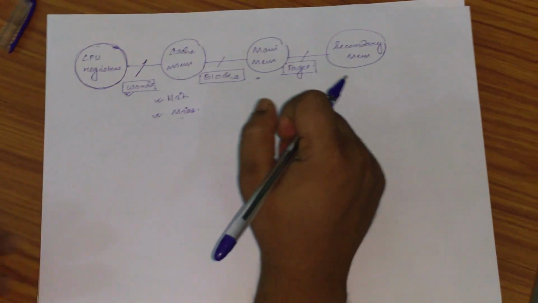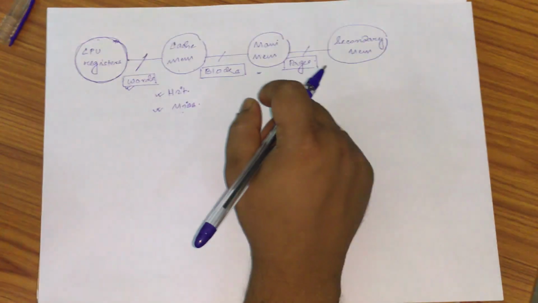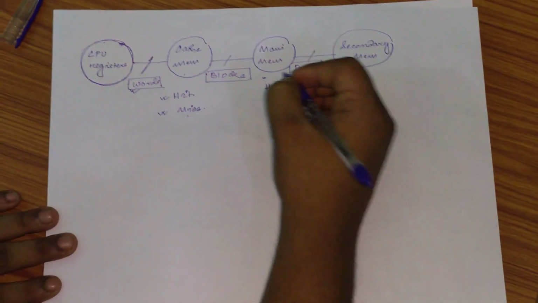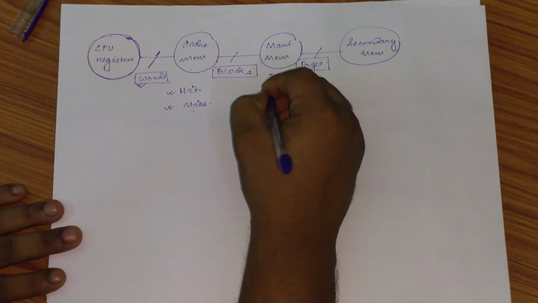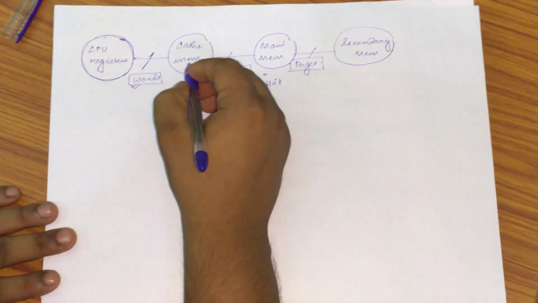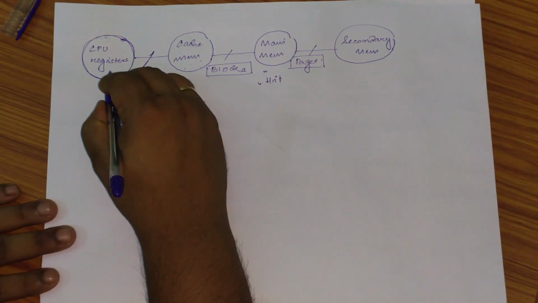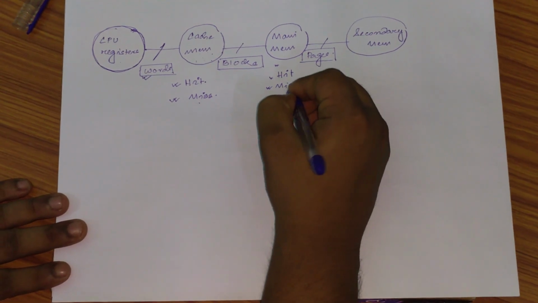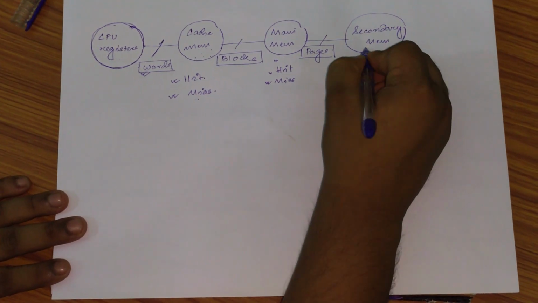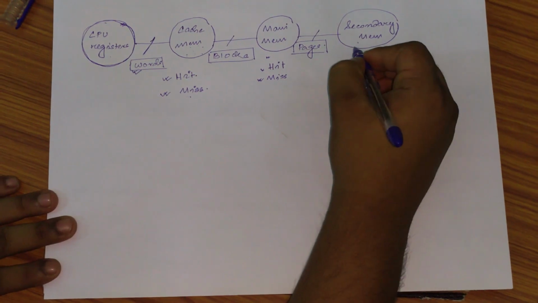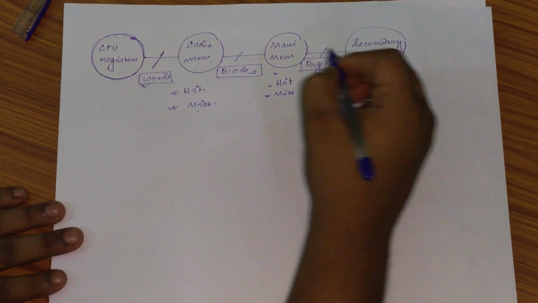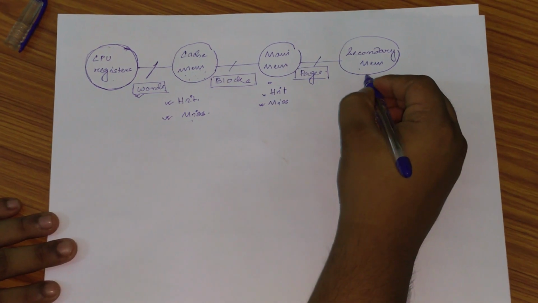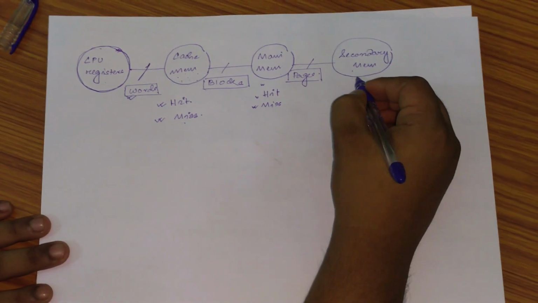Now, the same thing in the main memory. When the operation is a hit in the main memory, the data is first transferred to the cache memory, and from the cache memory we transfer it to the CPU register. Even if it is a miss in the main memory, we finally go to the secondary memory. And as secondary memory is the final memory, if anything is not present in either cache memory or main memory, it will obviously be found in secondary memory.